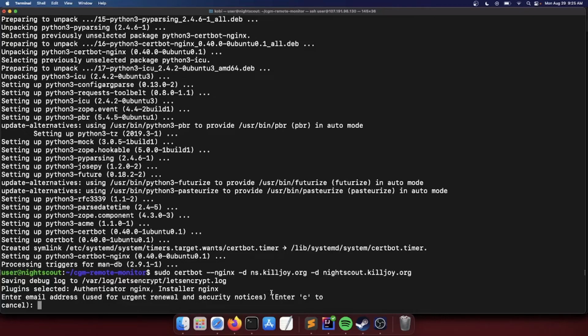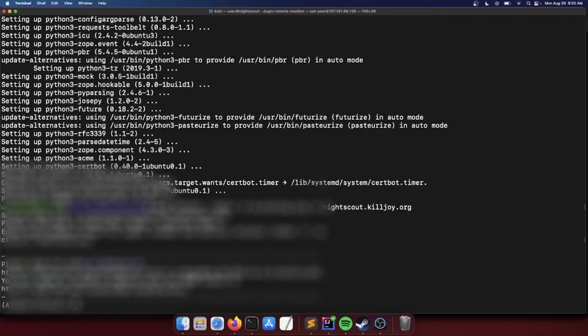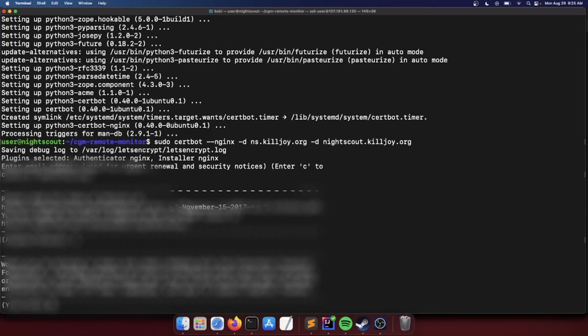So it's gonna ask you for your email address, and this is just because they expire every certain amount of days, and you guys can get an alert to your email when it's gonna expire, so you can renew it. So please read the terms of service. We'll hit A, agree. Would you be willing to share your email address?